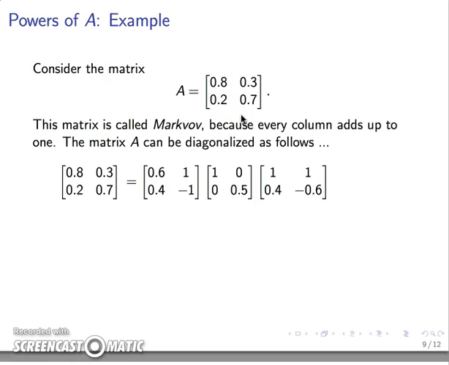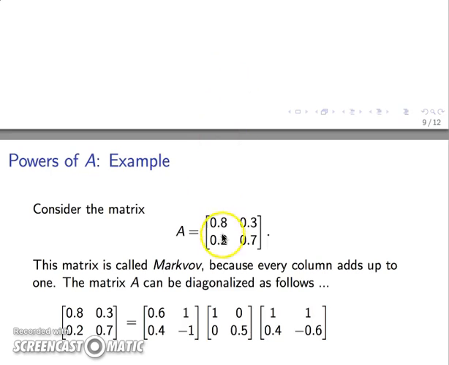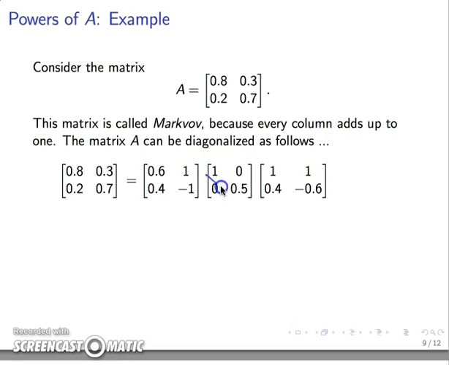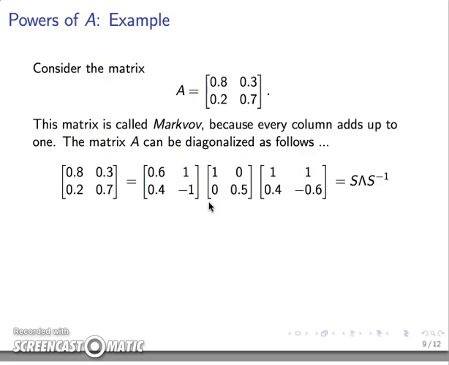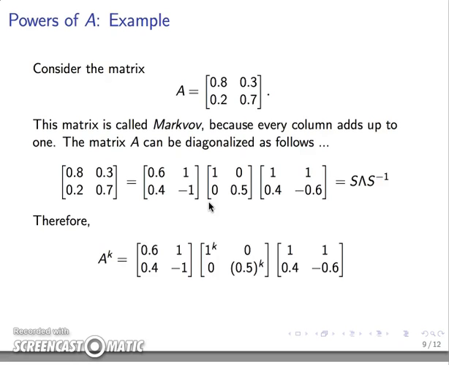So we could write this Markov matrix in terms of its eigenvalues and eigenvectors. So this is the diagonalization. We can see how the eigenvalues appear listed in the diagonal of the matrix that's in the middle. And so the important thing is that now if we wanted to compute the kth power of this Markov matrix, all we have to do is to raise the eigenvalues to the kth power. We can see that 1 to the k